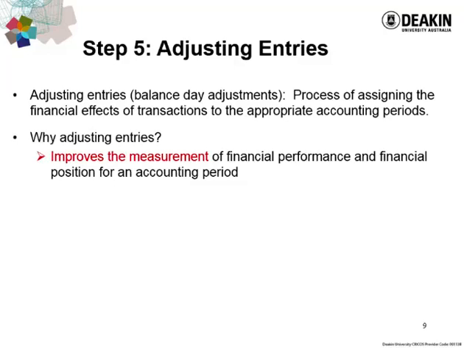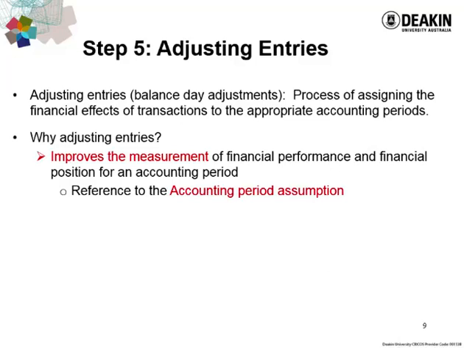So why do we do adjusting entries? First, because some transactions affect a firm's profit and financial position for more than one accounting period, so we need to do adjusting entries. In topic 1, we mentioned the accounting period assumption. We assume that the company can operate in the long run. But for financial reporting purposes, we divide the entity life into equal time periods. Say, for example, for every 12 months or for every 6 months, we need to prepare an annual report